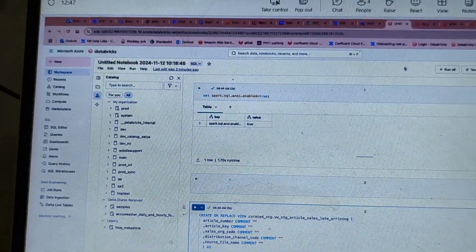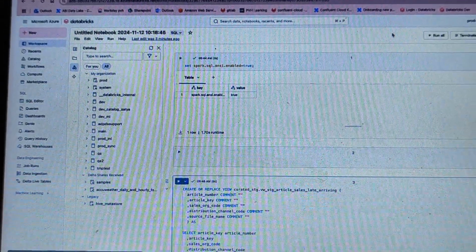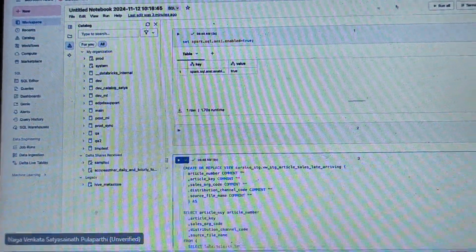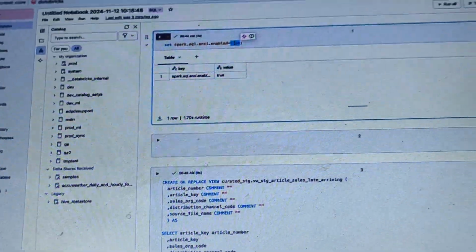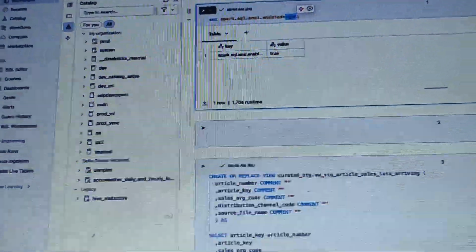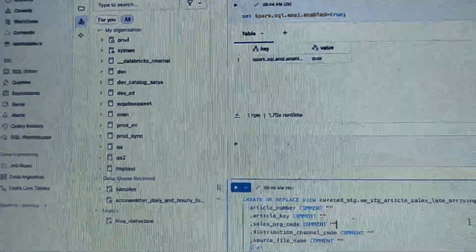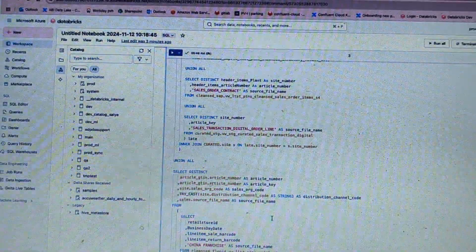Whenever they get this issue, they are not digging into the code, they are just simply making it false and going ahead with the batch, right? Well, you know the issue from yesterday. Yesterday I fixed everything in the code, but this morning, for the early morning view, article late sales arrival, I wasn't available at that time, so it was made false and the view recreated. But I made the fix again this morning and then recreated the view.